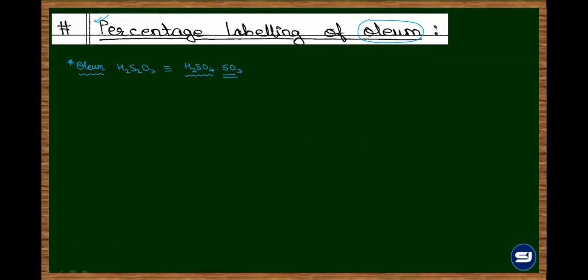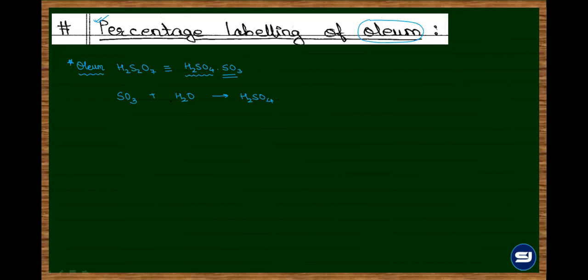Now, if I want to have pure sulfuric acid, then I need to convert this sulfur trioxide into sulfuric acid so that the solution is having only one component, which is H2SO4. For that, I need to dilute the oleum solution, because in dilution the SO3 which is present can add up with the water to form H2SO4. Yes or no?